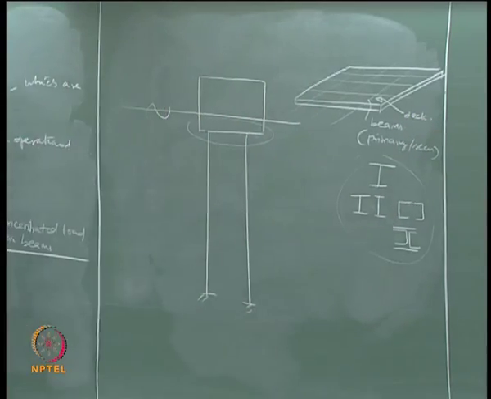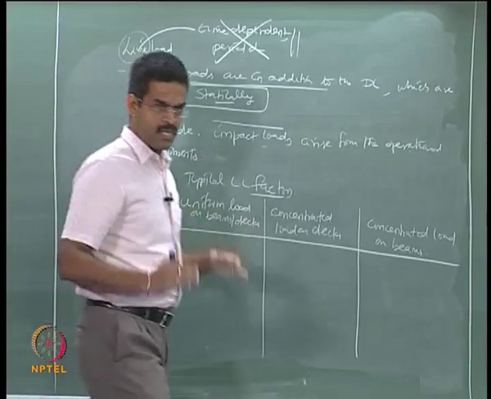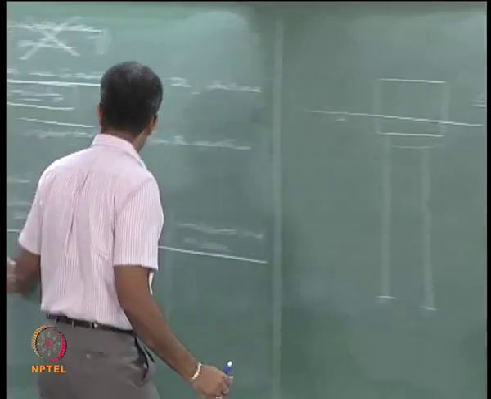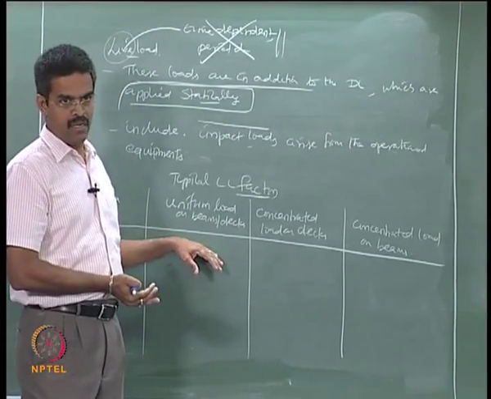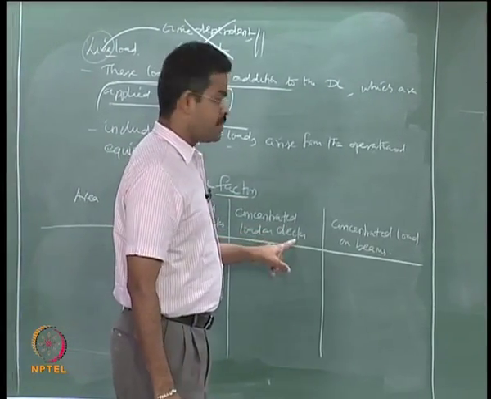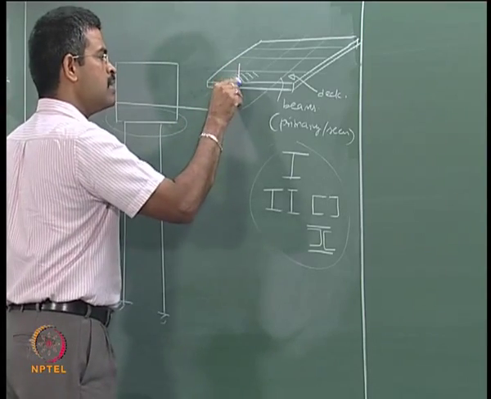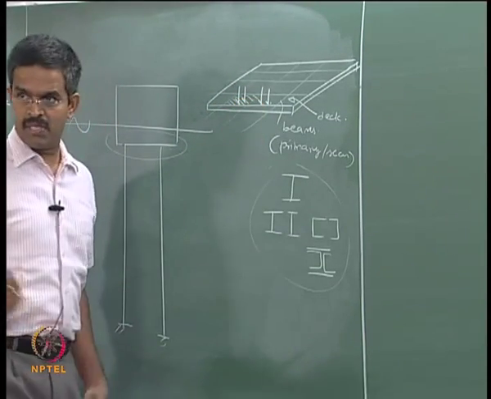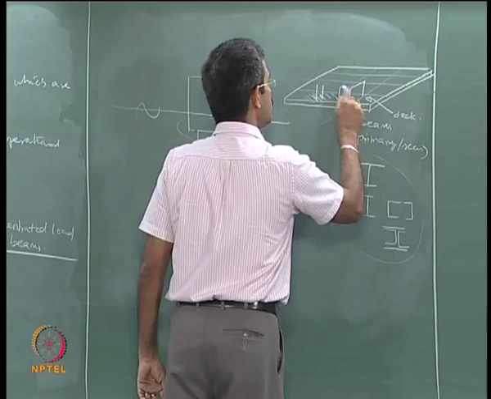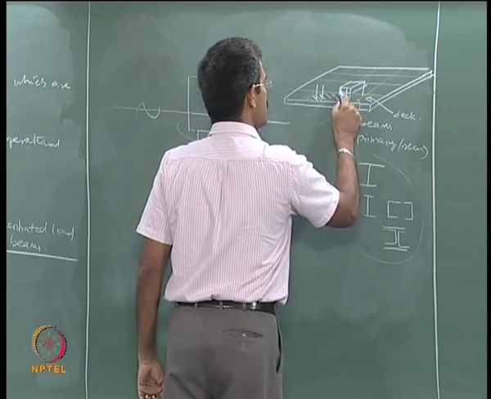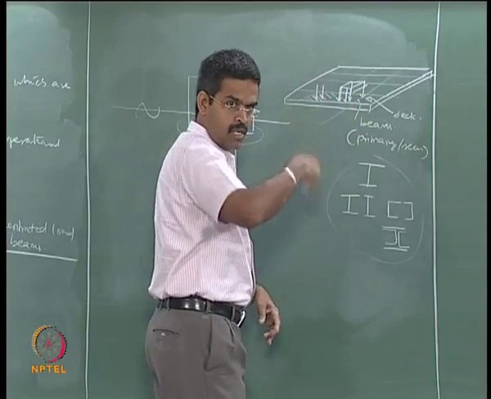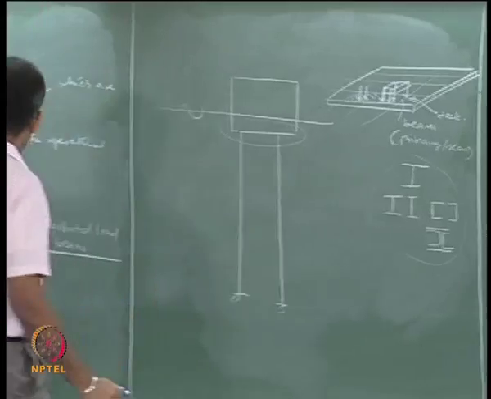So, what we are saying here is uniform load on the beams and decks, that is load on this area. The intensity should be so many load per square meter, that is called uniform load, uniformly applied. Concentrated load on decks: these decks sometimes will have concentrated load also, when an equipment is standing. For example, I have an equipment here which can be a compressor, it has 4 columns on which it is resting. So, all these 4 columns will impose a concentrated load at the point where it rests on the deck, that is what we call concentrated load.